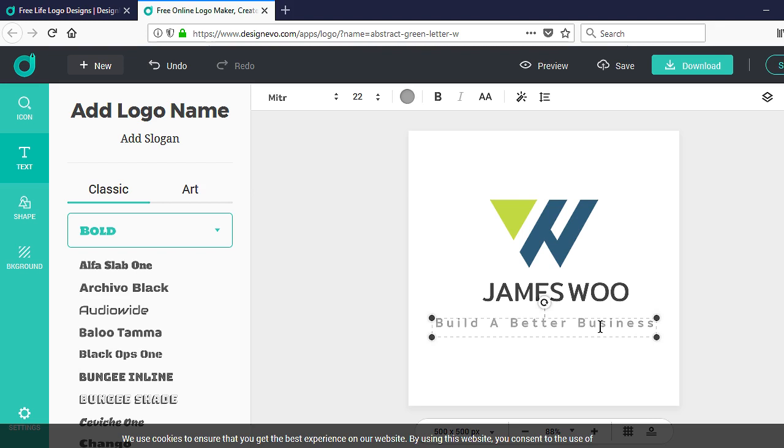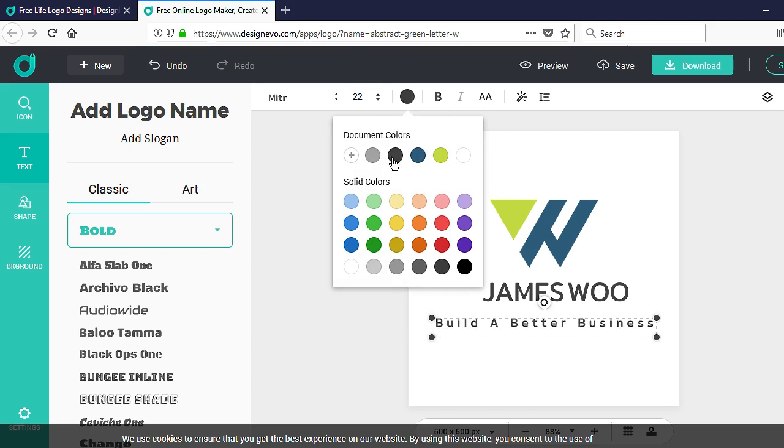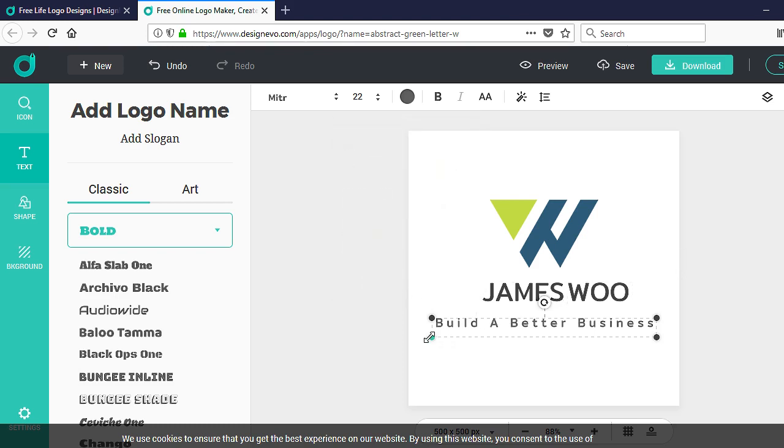So it's just a matter of typing in my slogan. Of course, I could change the colors here. Let's say I want something darker. Okay, maybe something lighter, not too light, not too dark, to emphasize this. And of course, I can change the font size to something smaller. So making this is pretty simple, and as you drag and drop things, it will help you to align them